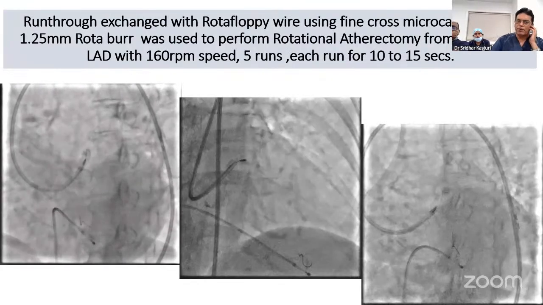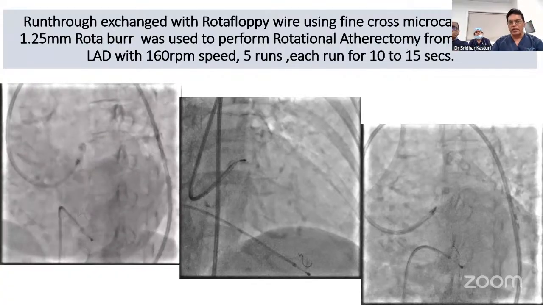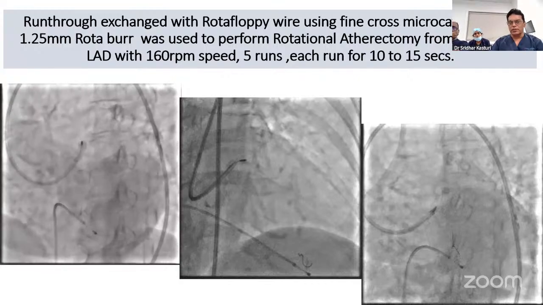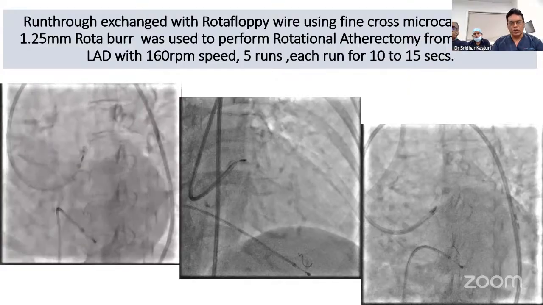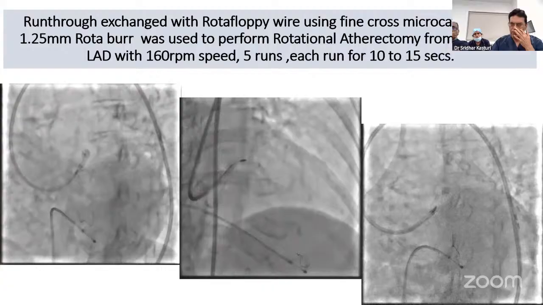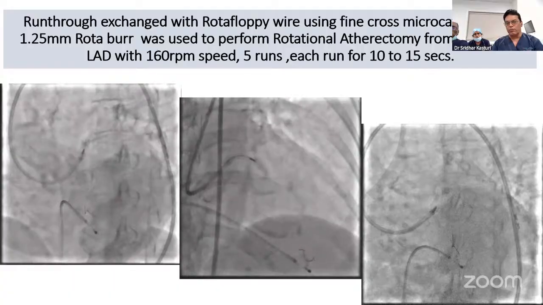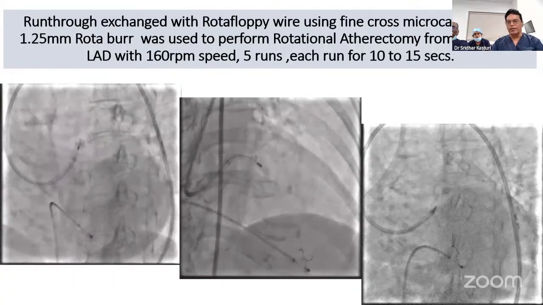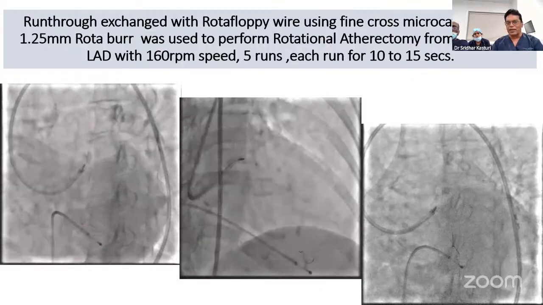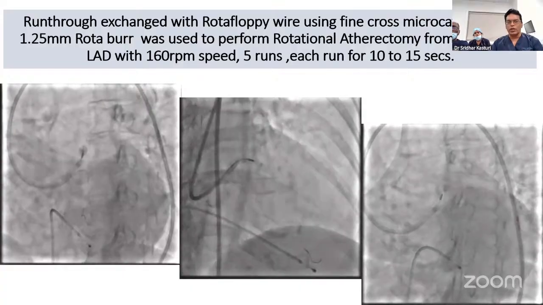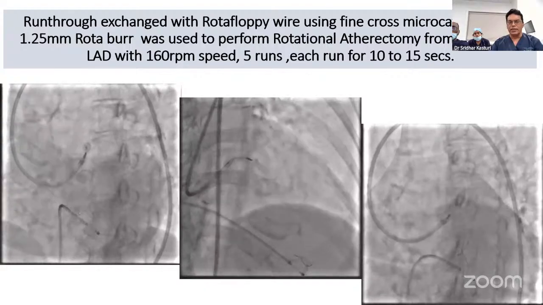Because this case is an uncrossable lesion, there are only two options: either laser or rota. For classically severe calcium, the best option is to go with rota. So with rota, we thought we'll go with 1.25 burr and create a channel. Then 1.5 we can go ahead, but the only thing is, because of advanced age, LV dysfunction, and the patient presented with recurrent episodes of pulmonary edema, more debris going distally can lead to slow flow, no flow. That's the reason our intention is to go with